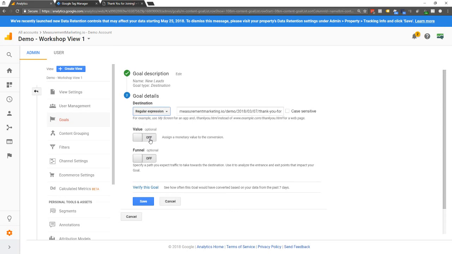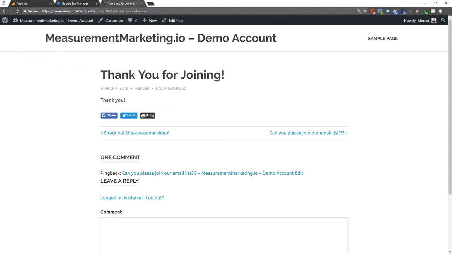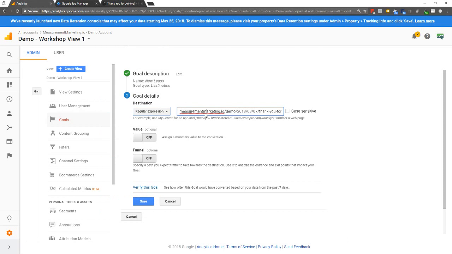And then regular expression. Now this is a little more advanced, but a pro tip here from a measurement marketing perspective: if you're going to be doing this at all, it would make sense for you to at least be familiar with regular expression. And that's the one I'm going to use today because I want you to see the easiest way to implement it. So I'm just going to copy out this thank you for joining. And if I do that, instead of having all this stuff in there, I can just put this in there,